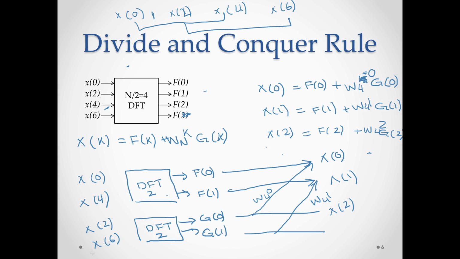So x of 2 is equal to f of 0 plus w42 g of 0. So what we have to do over here is something like this,